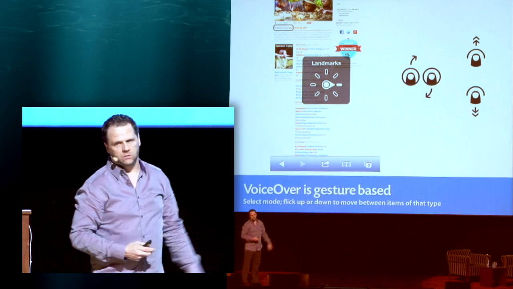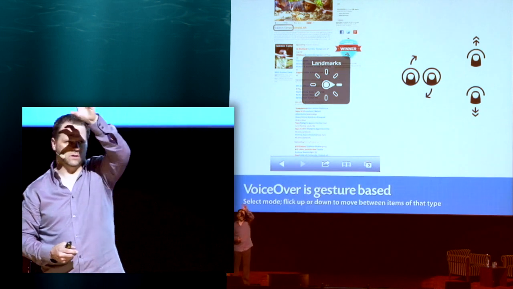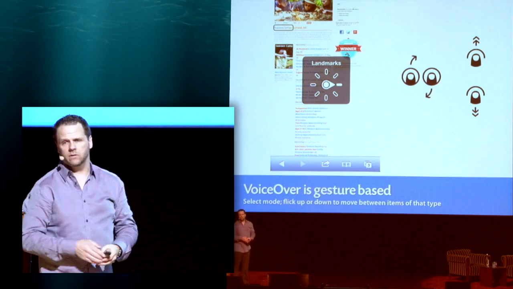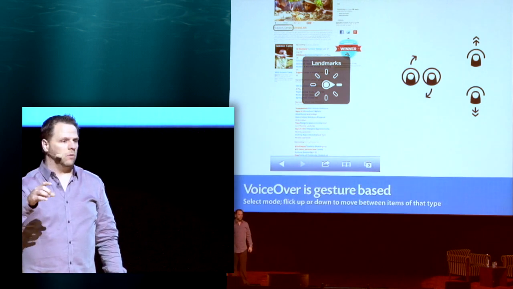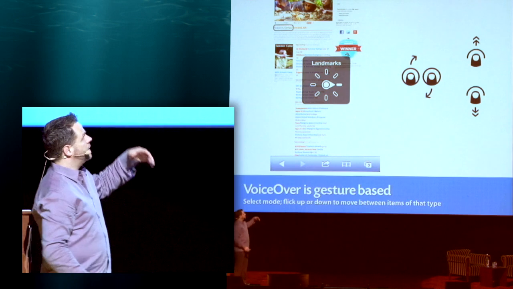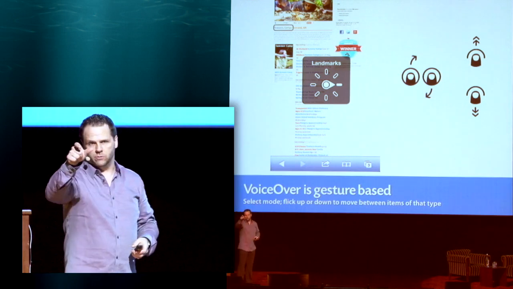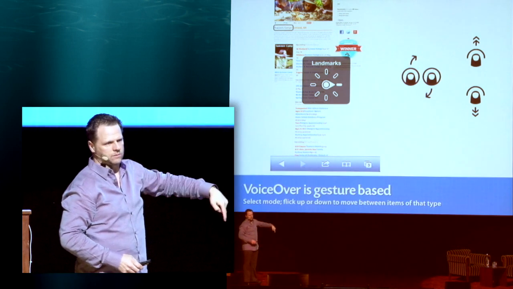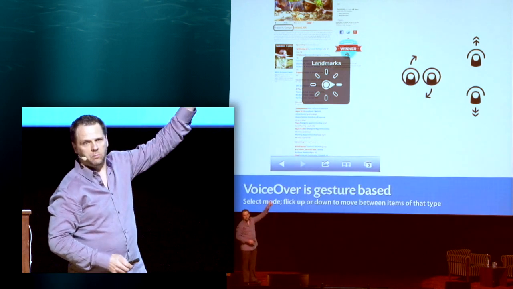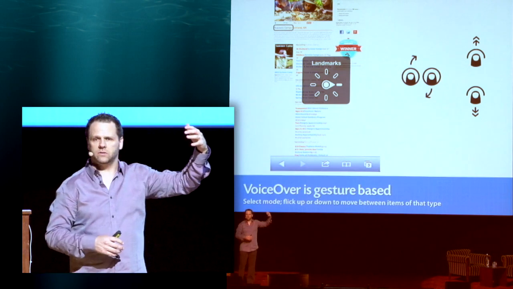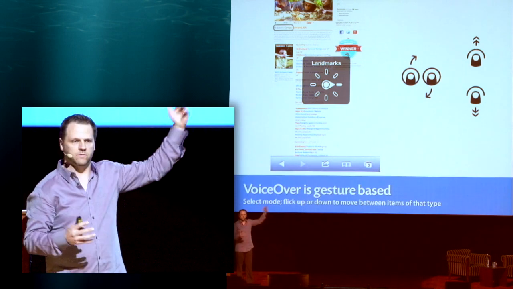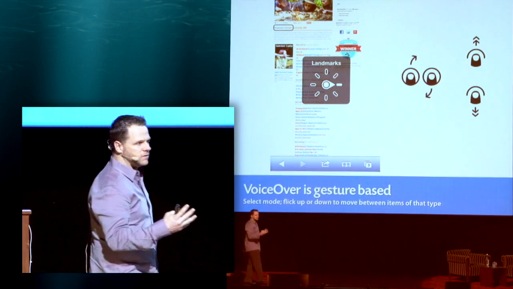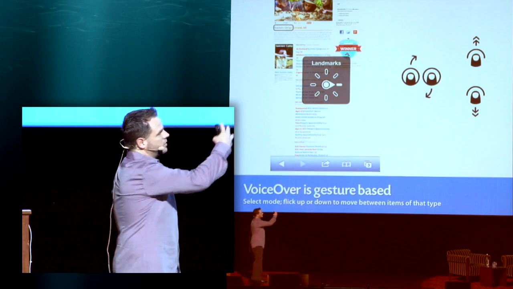What this allows you to do is not consume the page from start to finish all in one shot. What it allows you to do is say, I want to jump around by using the landmarks, or I want to jump around by using the headings. So if I switch into headings mode by turning the rotor, and then I flick down or up to move to the previous or the next item that we've chosen in the rotor, right? So when you're building a responsive site, you actually want to set this up and you